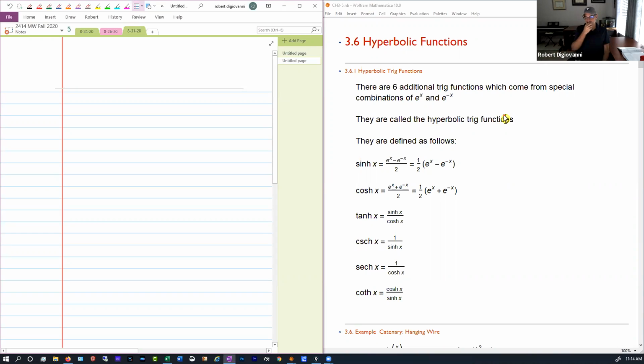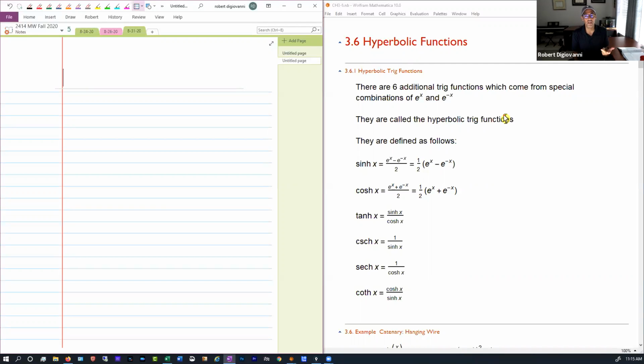All right, so today we're going to start 3.6. We're going to finish 3.6. It's a pretty quick section, and then we're going to get into antiderivatives after that. So this is our last section from earlier in the book, where we're introducing another